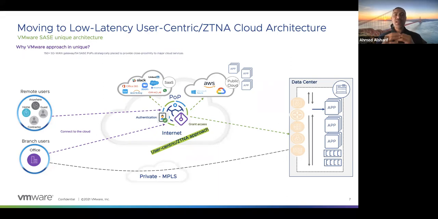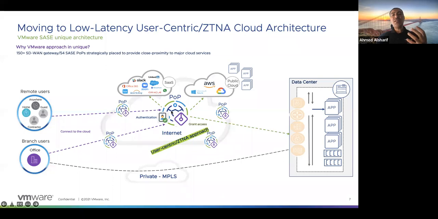First of all, any cloud service, somebody saying I'm providing a cloud service, that person or that company must have a lot of POPs, a lot of points of presence. You are telling the customers, your IT users, IT admin, don't backhaul the traffic to the data center, because that is a problem, and instead bring the traffic to me in the point of presence.